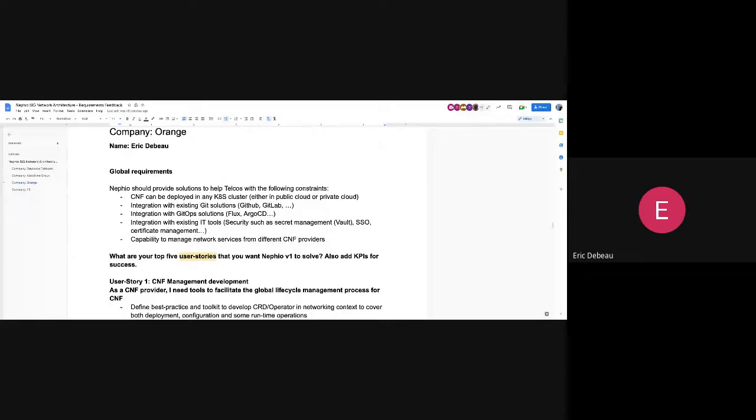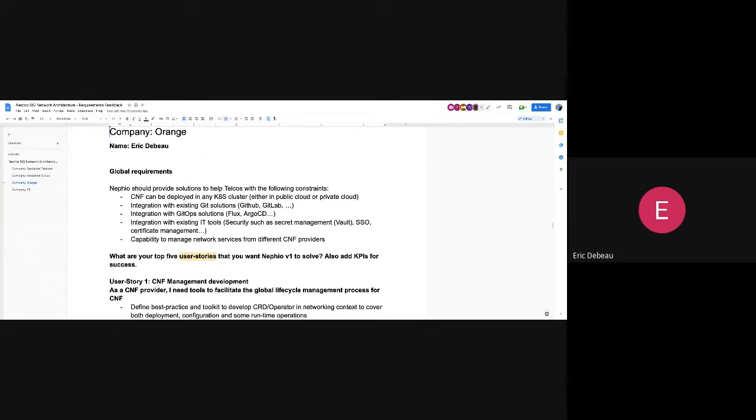If it's possible to get some integration with the existing GitHub solution, because we also started the journey with some solution internally, we'd like to understand if it's possible to reuse this kind of solution when building Nephio. And last but not least, it's quite key that we should be able to reuse some internal IT tools, typically to manage security, secret management, single sign-on, management access, certificate management, and so on.